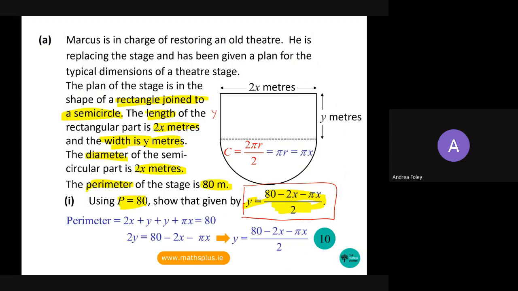Obviously, full credit then is for the correct manipulation and isolation of y. Okay, Andrea, thanks very much. So we've got part (a) 1 done, 10 marks. Okay,